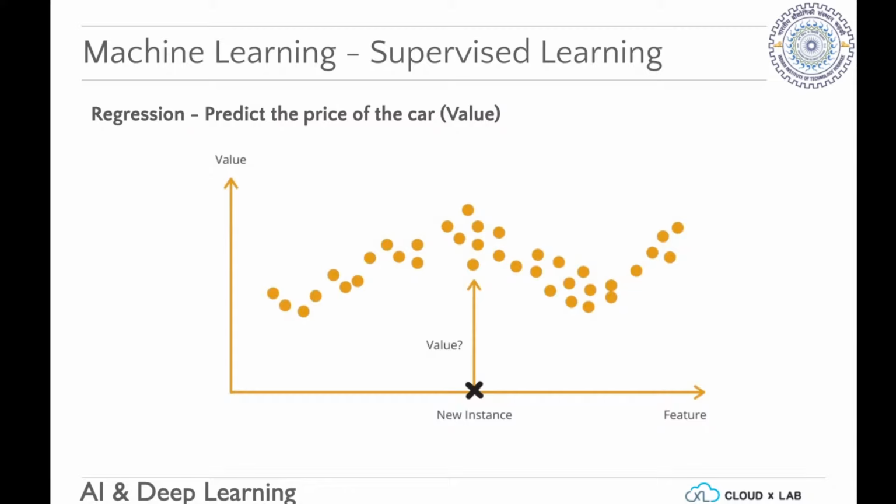When you want to figure out the price of a car, you need a value. You want to say that the price is $1,000 or 10,000 rupees or 1 lakh rupees. You're not saying whether the price will be good or bad. You have to say that the price has to be X amount. So there you need to do regression. You can't do classification there. So when you want to find something like the price of something, your task is a regression task. It's not a classification task.